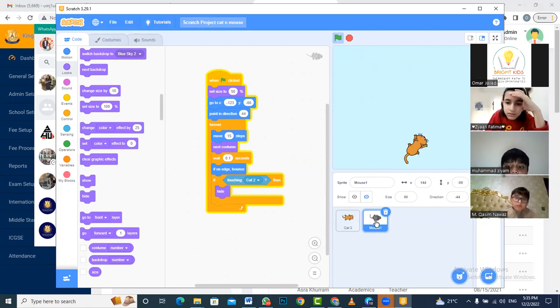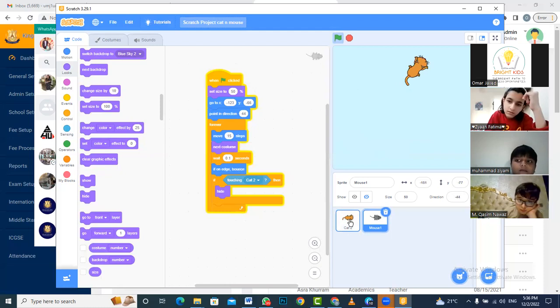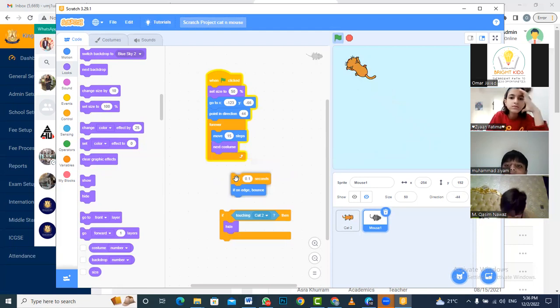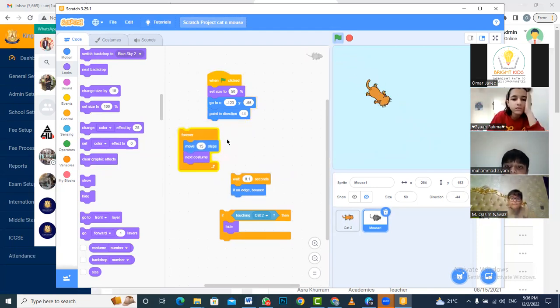You can see that the mouse is still moving. It is just hidden, right? Otherwise, it's moving right now. You can see that the mouse is changing its costumes continuously, which means that the mouse is moving. So the cat is also moving. So we can make them stop. We can make them stop by using a control command, just like the control commands we use for if, wait, and forever. In the control section,